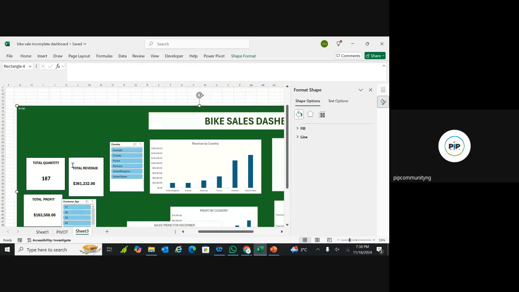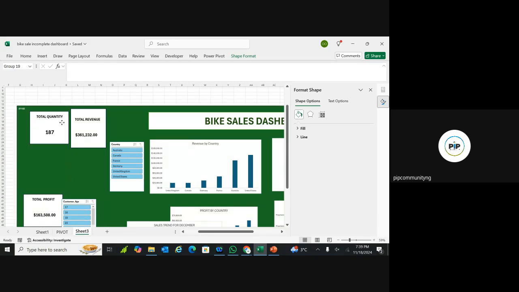I'm having an issue selecting it. Okay. So I'm simply just trying to arrange it